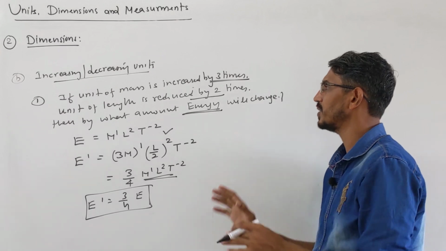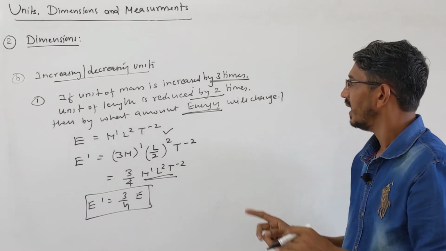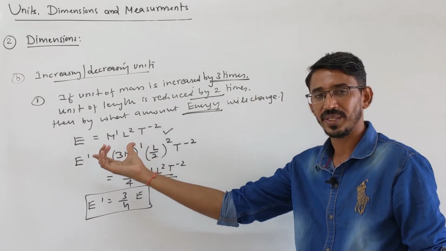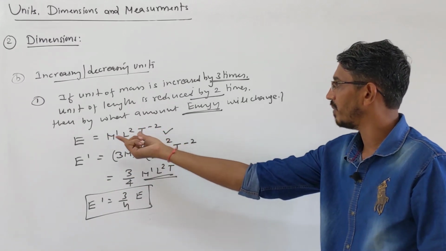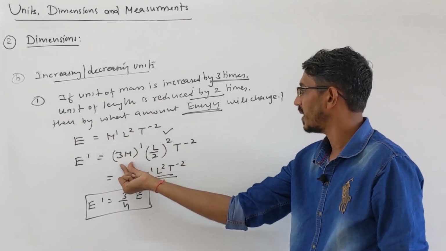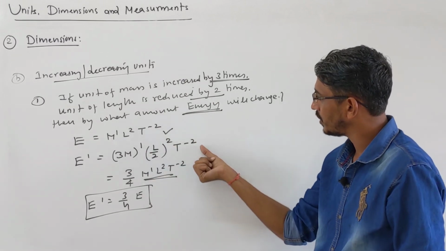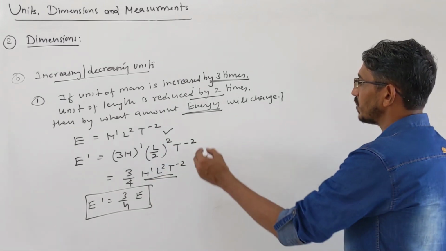So this is a very simple question. Some units are increased, some decreased, and they are asking what change happens in some quantity, energy, mass, whatever they have given. You write the dimensions, put in what change is happening, increase or decrease, put the proper dimensions, and you will get your new answer. Right? Suppose I ask the same question